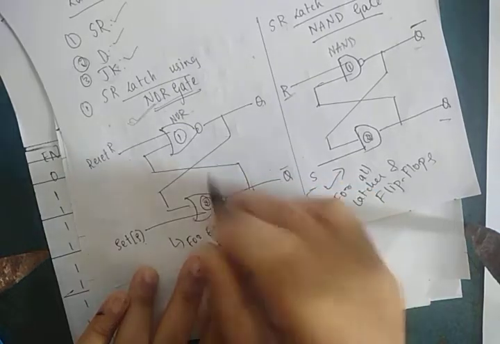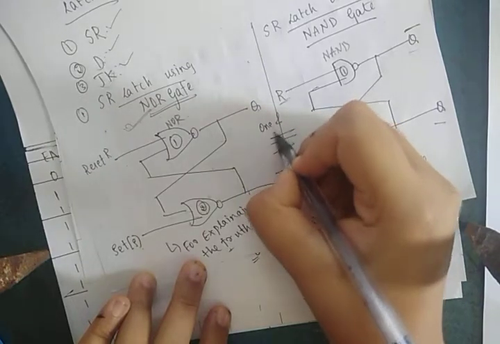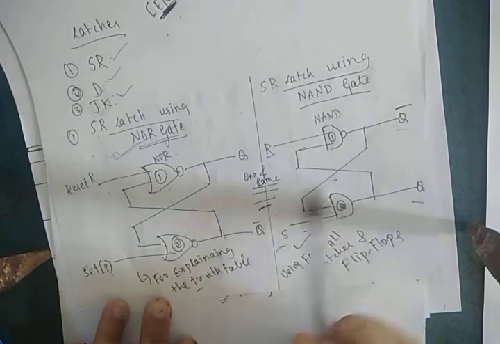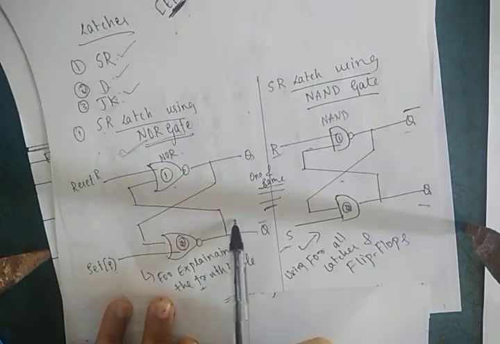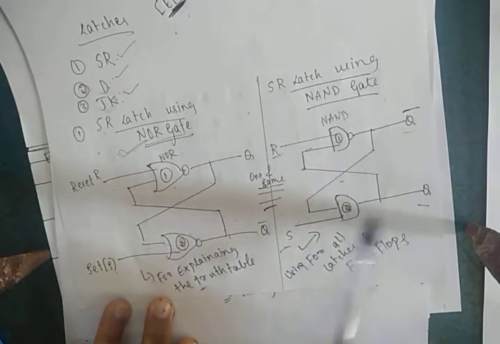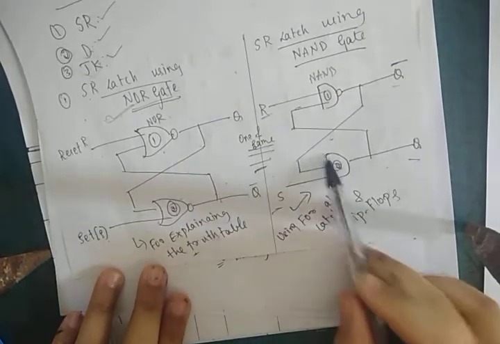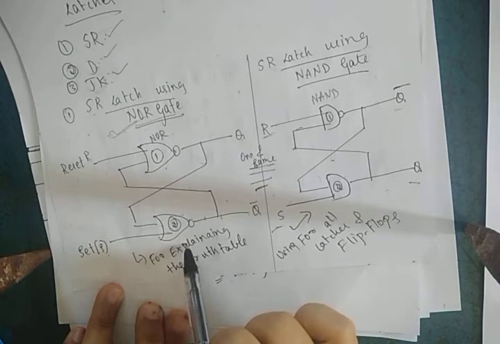In the textbook, they have given the explanation for this, but both are one and the same. There is no difference in the truth table. Followed everybody? I'm making it clear. The difference between SR latch using NOR gate and SR latch using NAND gate is that one uses NOR gates and the other NAND gates. Here R is connected to Q and S is connected to Q bar; there R is connected to Q bar and S is connected to Q. For the explanation of all the flip-flops and latches, use the NAND one only, whereas this one is only for how the truth table works, which I'll explain now.